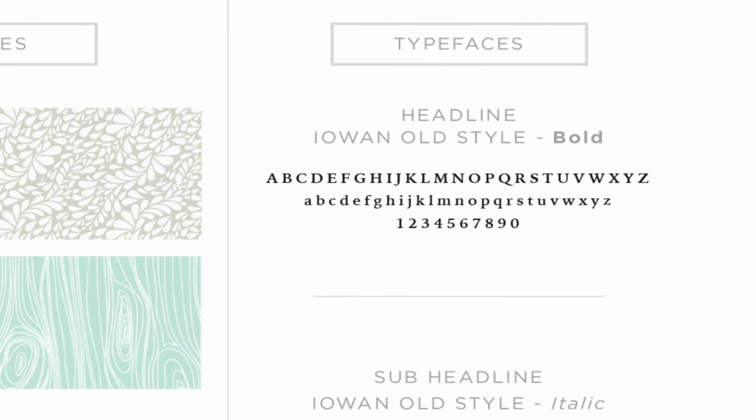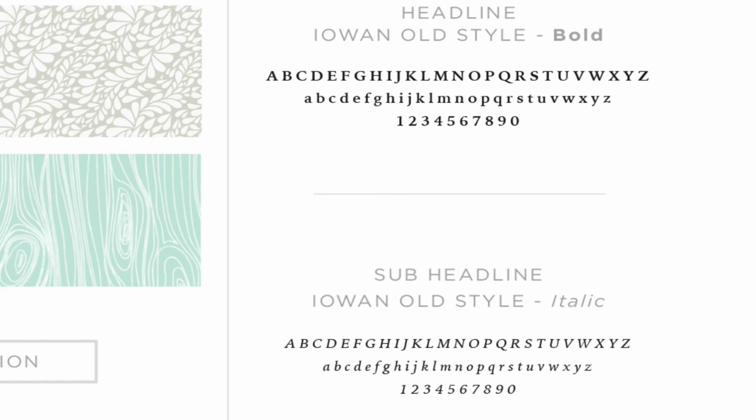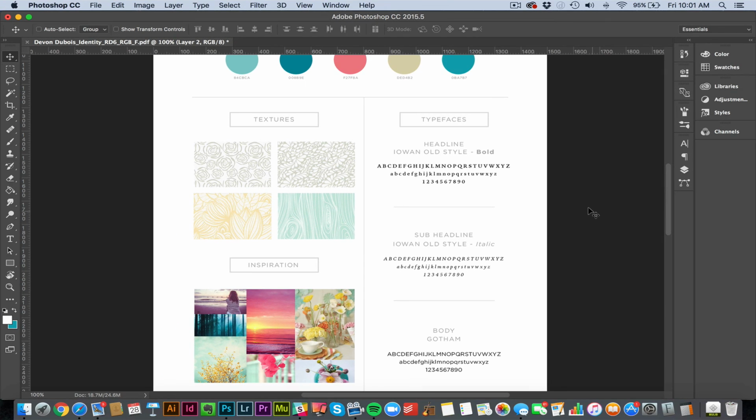Now on the right, you'll look at the typefaces, and these are just the fonts, the different style fonts. And you want to have at least 3, or actually at the maximum 3. You don't want to go too crazy and have 10 different fonts. So again, we want to keep this consistent. We want to keep your